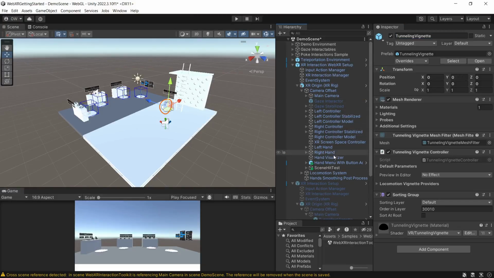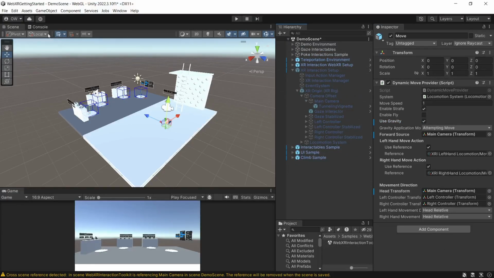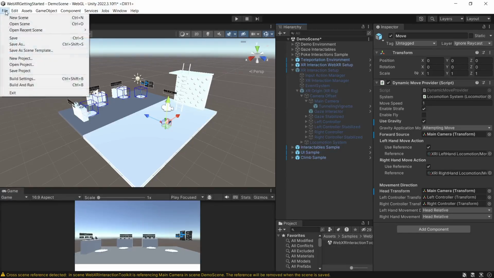Okay, and for gravity, we want to set the move object. You can see here that it doesn't use gravity, so let it use gravity. We need to set the forward source, which is the main camera, and the head transform, which is also the main camera. We can save the scene,